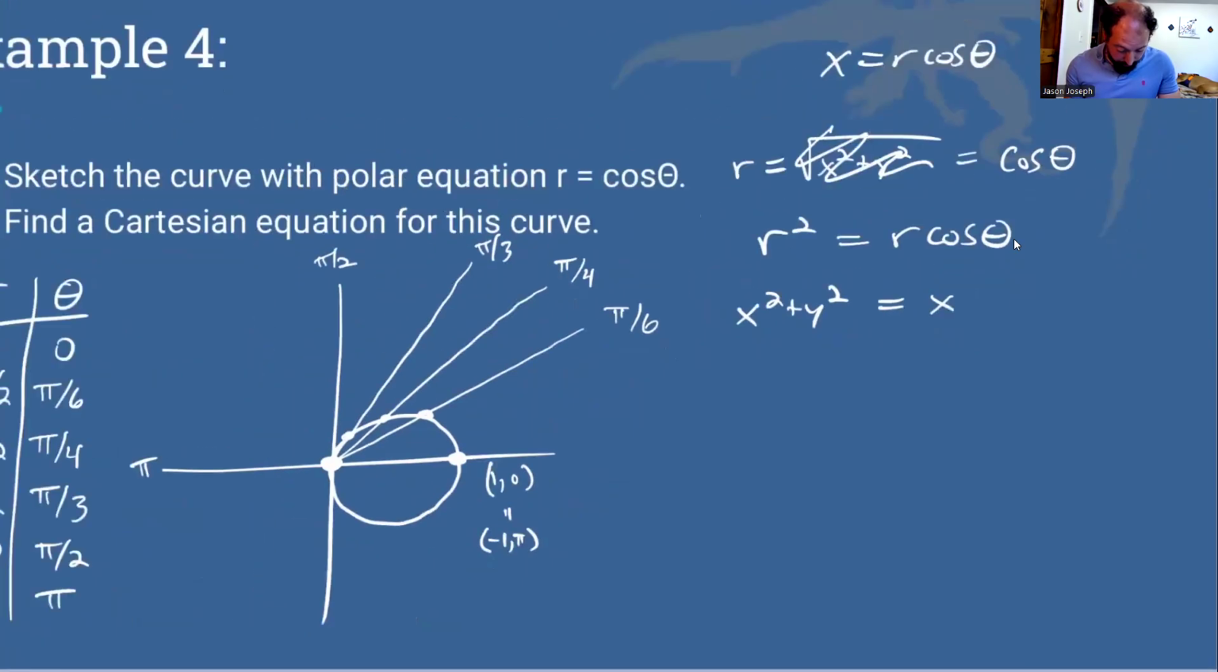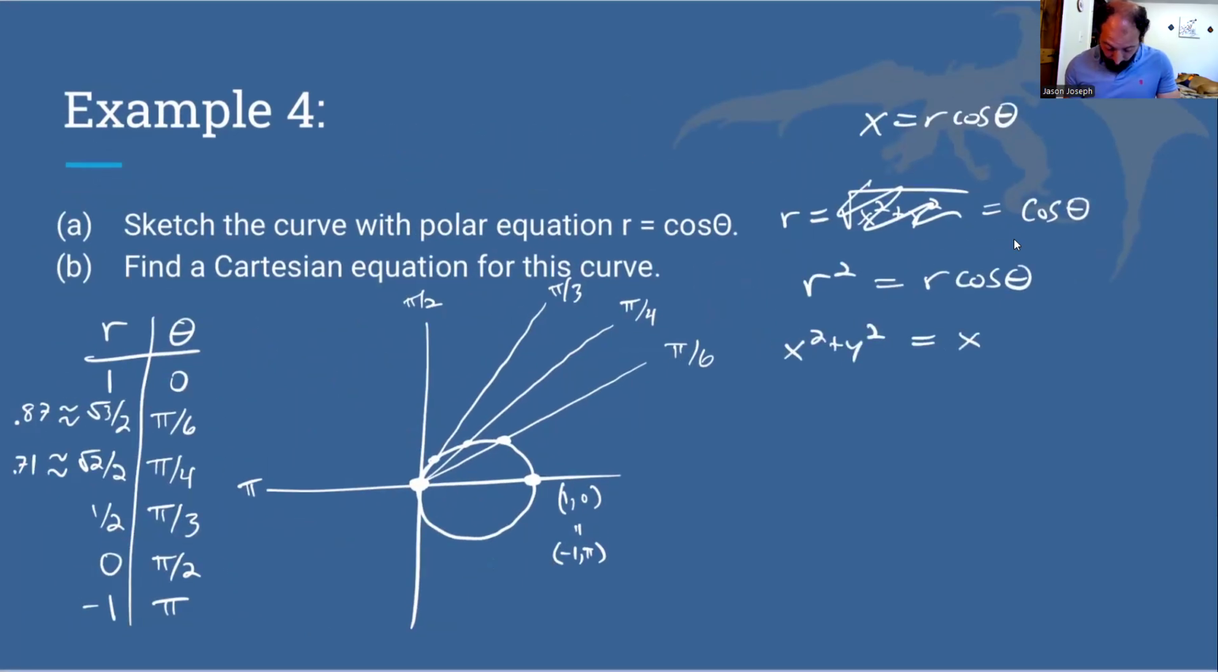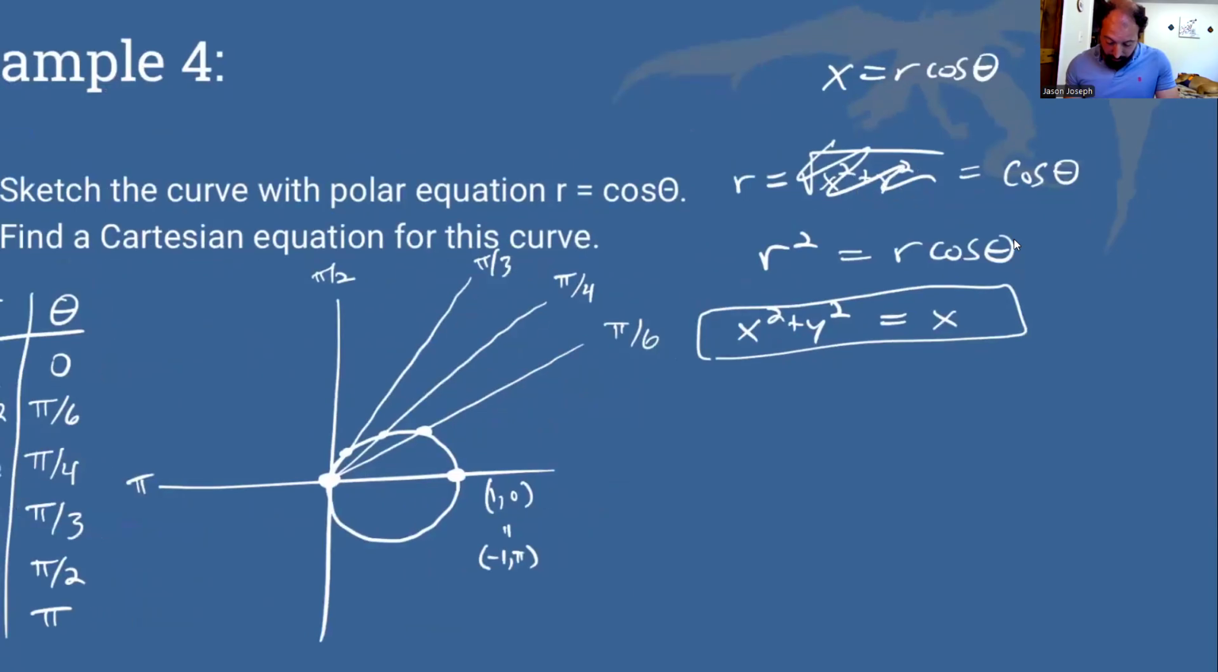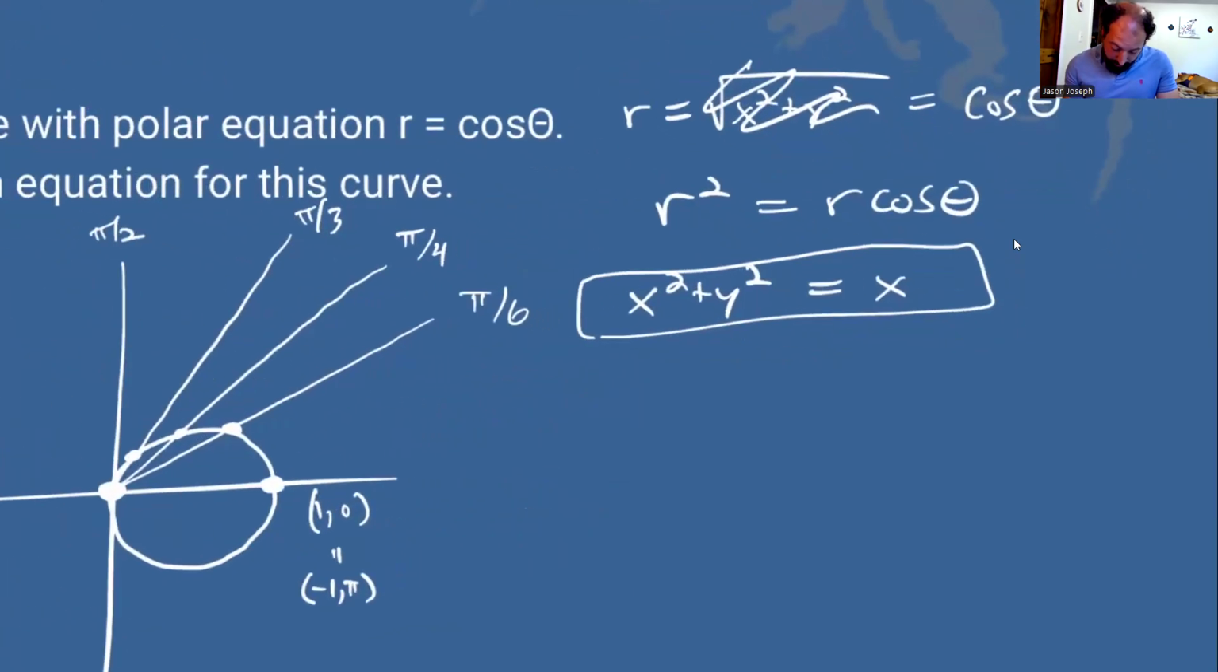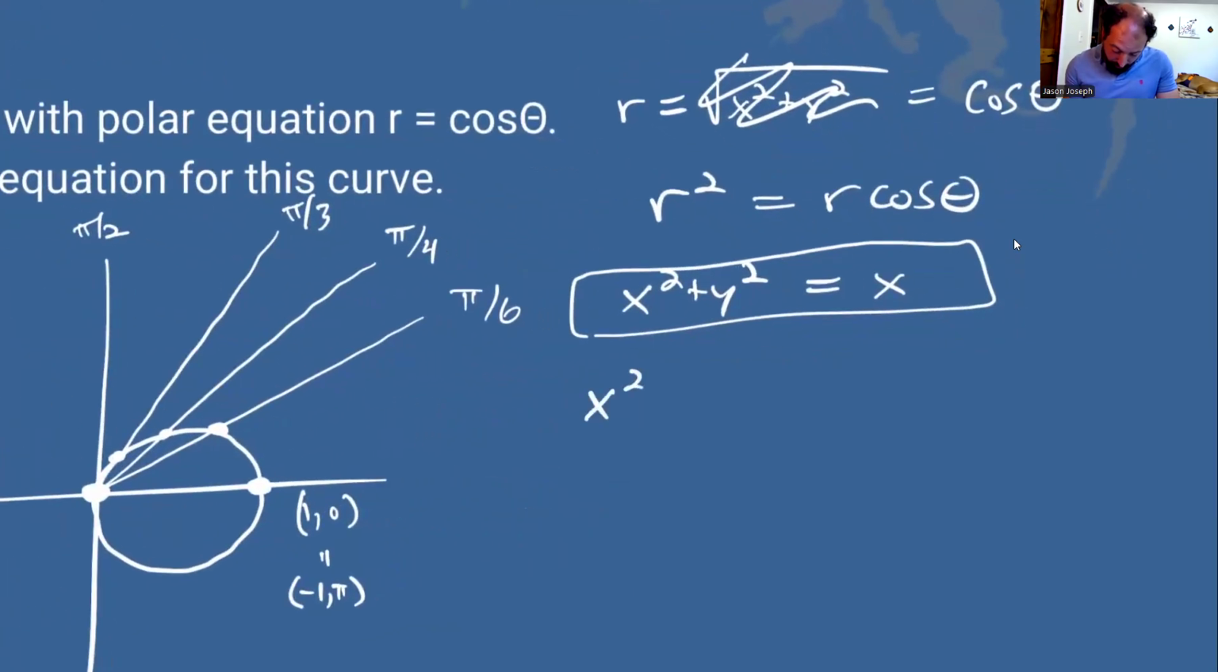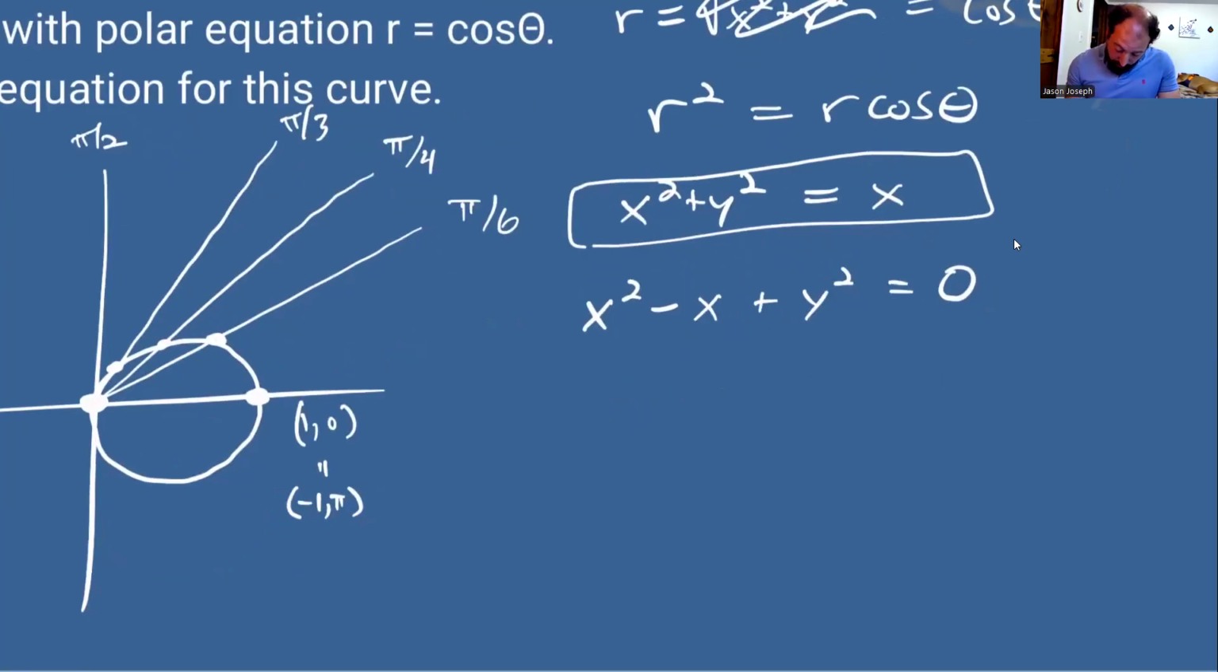And now this is, well, I guess I could just say I'm done right here. This is an equation with x's and y's. If you wanted to see that it is a circle, you would have to get the x's and y's on this side, and now we'd have to complete the square. So I'm actually going to have to add a quarter to both sides so that this factor